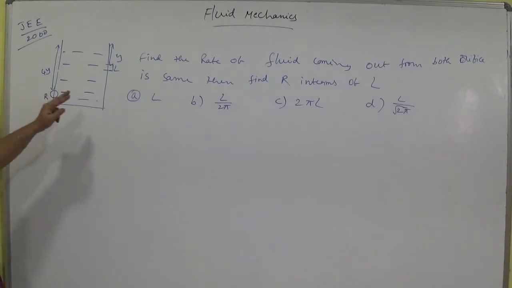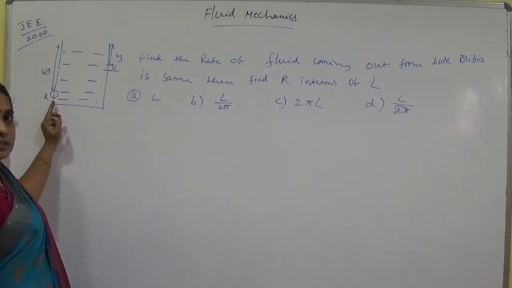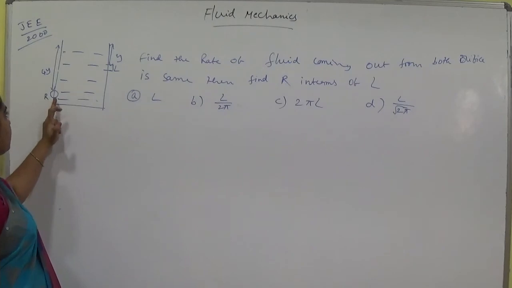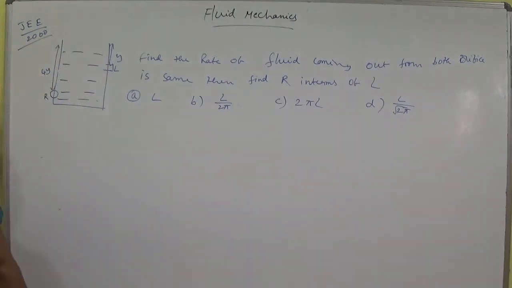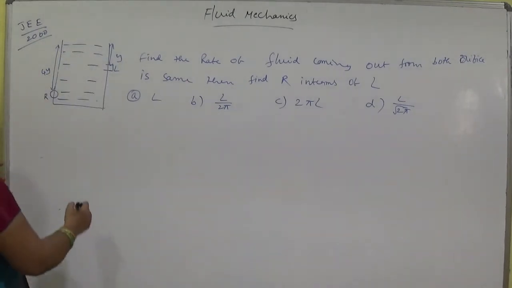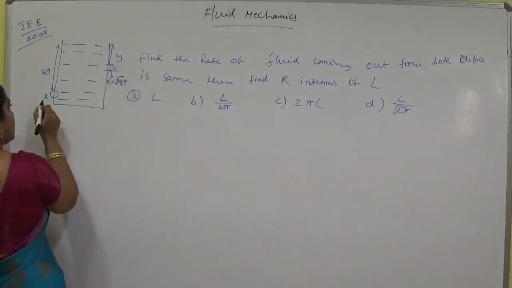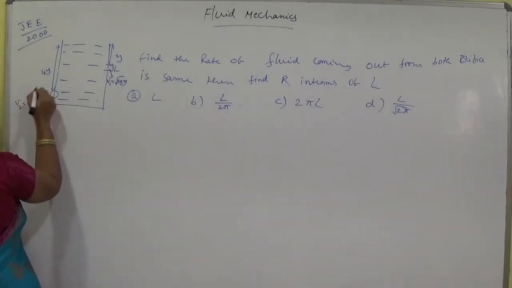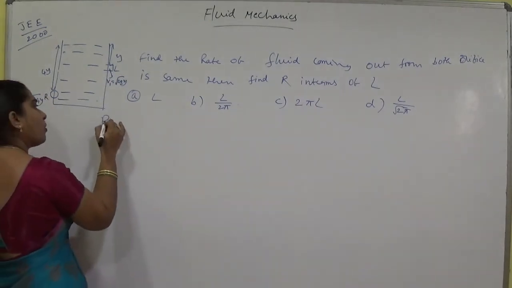So now, this is a rectangular orifice, this is a circular orifice. This length is 4y, this length is y. So the velocity v1 is equal to root of 2gy. This velocity v2 is equal to root of 2g into 4y. According to rate of flow,